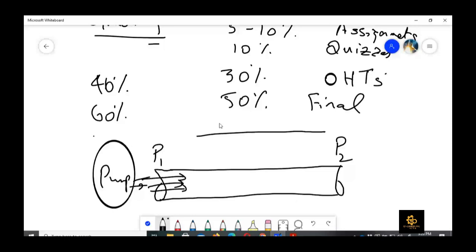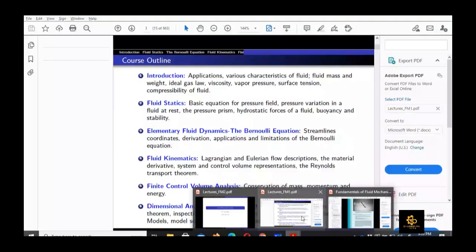Major losses, I have told you, are due to friction, the frictional losses present at the pipe surface. Minor losses are due to a valve, a bend, a sudden expansion, or a sudden T joint. Those losses due to sudden changes are minor losses. So that is chapter number 8, in which we are going to cover major losses and minor losses